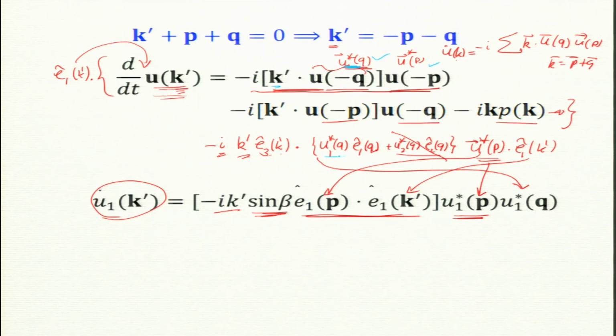So, u star q is u1 star q e1 q plus u2 star q u2 q, and this is just a vector. Now, I know that E3 dot E2 is 0 for any E2, all the E2s are downward, E3 is in the plane, E1 is in the plane. So, that is gone. So, I get E3 dot E1 q dot product, that is sin beta. Fine, everybody happy?